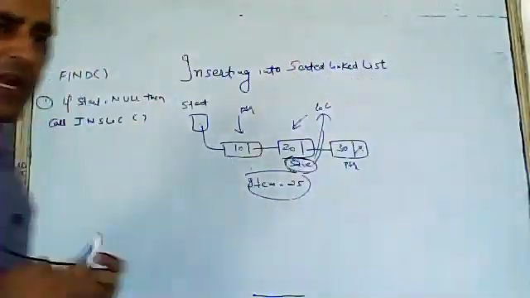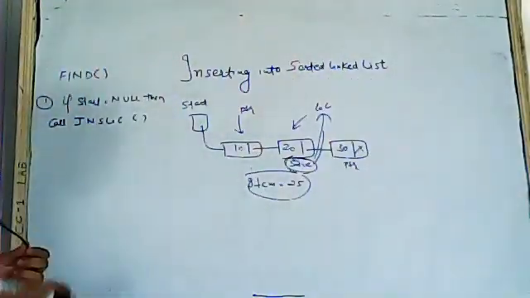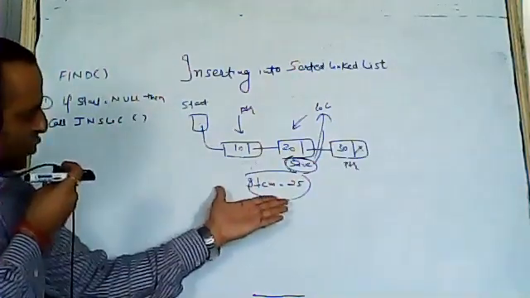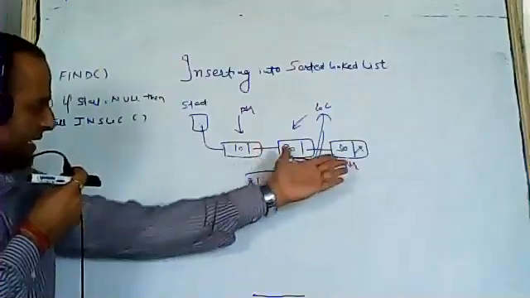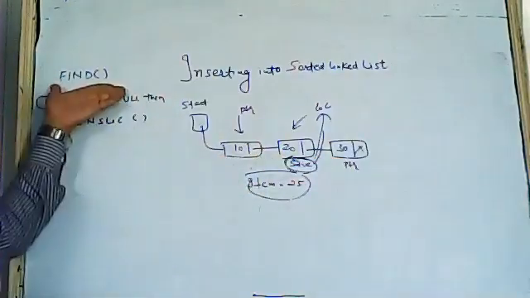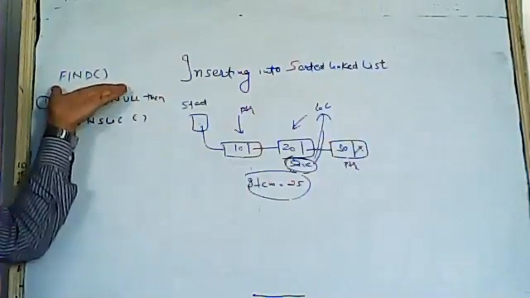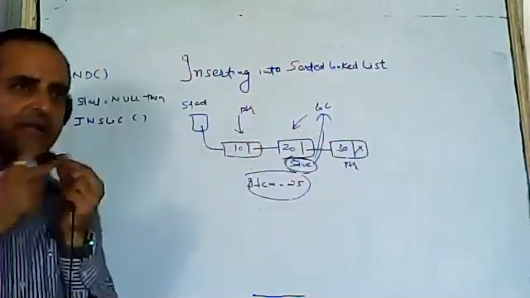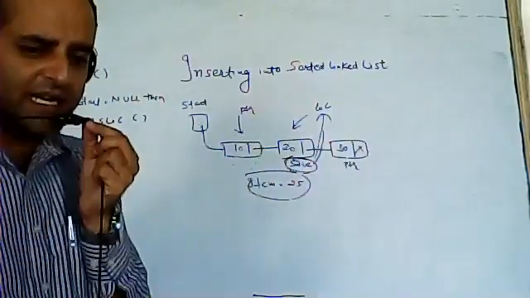Now see, we are going to insert into a sorted linked list. So for a sorted insert, if we want to insert this node into any sorted linked list, we first need to find the location of it. So we are doing the algorithm for find, which will find the location for this 25, then we will insert into it. And the insertion into a location algorithm we have already done in the previous lecture.